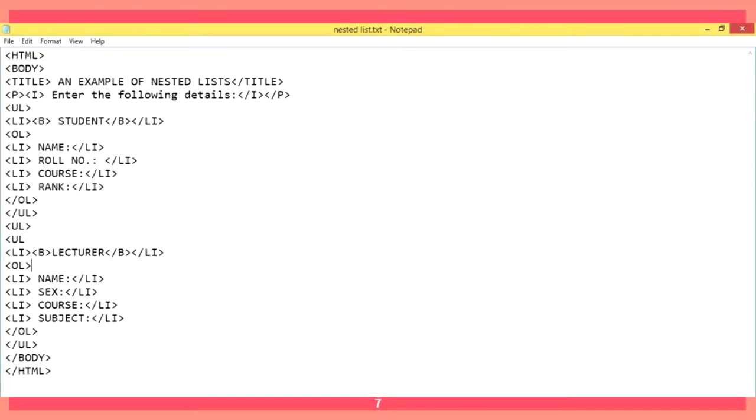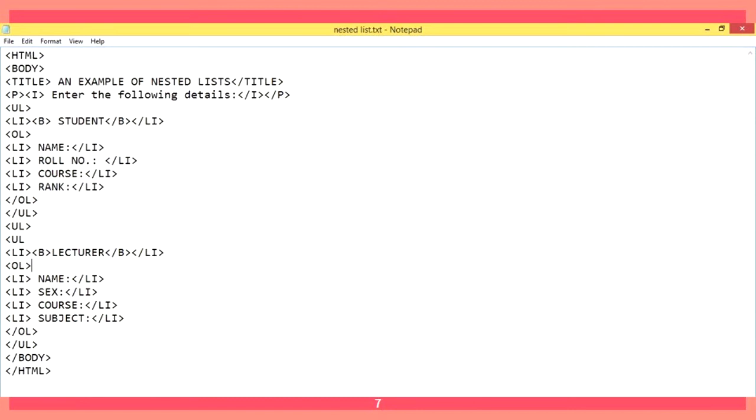So let us discuss an example of a nested list. The program starts with HTML and body. An example of nested lists, and in the paragraph, enter the following details. The details start with student: name, roll number, course and rank.